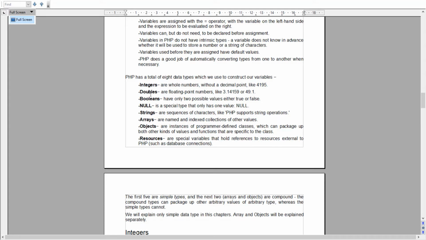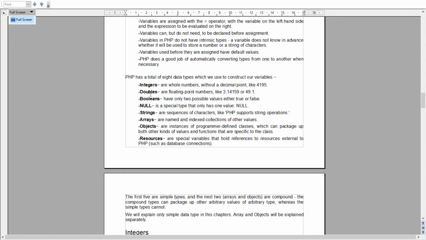Then there is the double data type, in which we store floating point numbers, that is, numbers with decimals. Boolean has only two possible values, either true or false. And there is a special type to which we assign only one value, that is null.